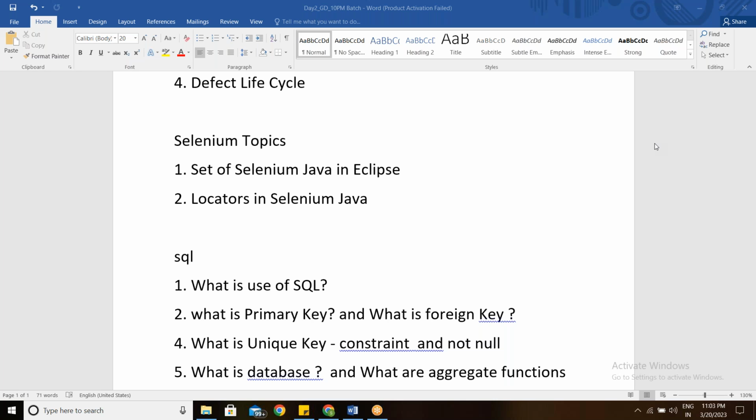Yes. So what is unique key constraint and not null? So unique key cannot be duplicated. It should always be the unique one, only the single one. That is mainly a constraint, right? And it should be not null. It is similar to primary key, but